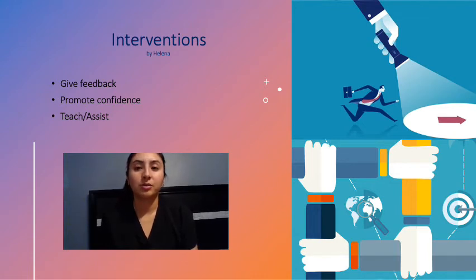Also, it has been shown that lack of trust is the most common barrier in effective delegation. So building trust also has been proven to have a positive impact on the healthcare system and the team as well as the patient. Other interventions that are important to include when delegating are giving feedback, promoting